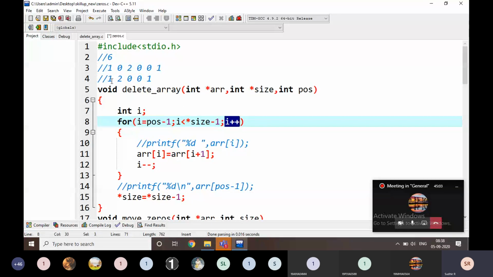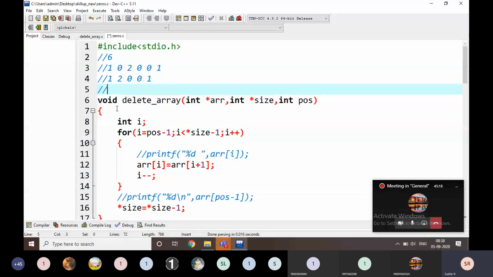But when we reach a 0, I am going backward and forward. Now I am going to check, is this value 0? No, this value is not 0. Then i++. Yes, this time the value is 0, right? Then we are going to delete it. This value is deleted.